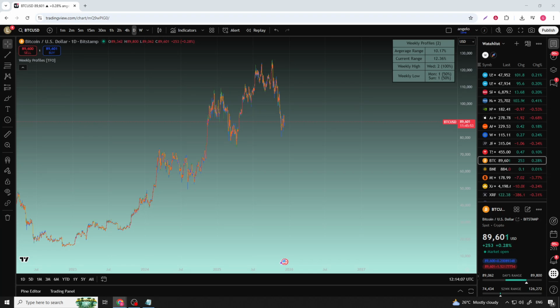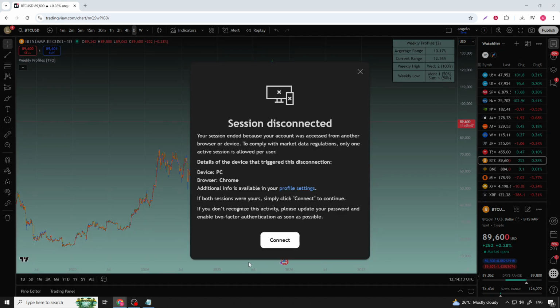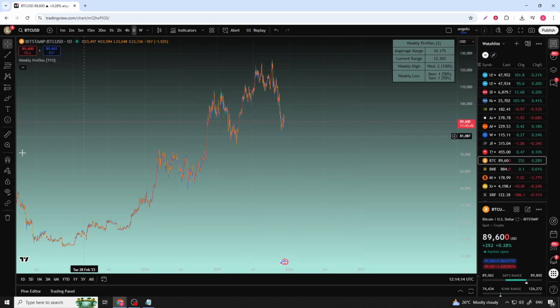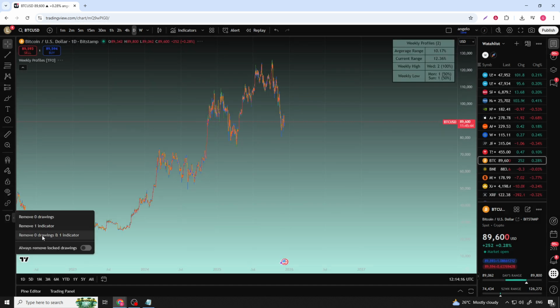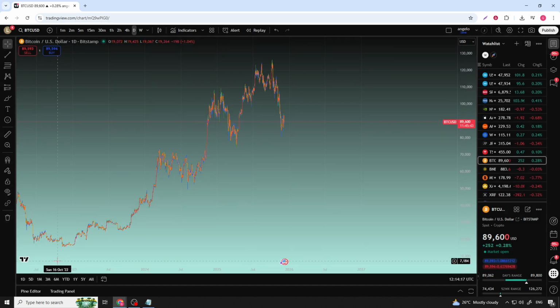In today's video, I'm going to teach you how to add weekly profiles in TradingView Pro. First, make sure you're logged into your TradingView Pro account and you have a chart open. Any market will work, so just pick the symbol you want to analyze and get it up on your screen. Once your chart is open and you can clearly see your candles, we're ready to start adding the weekly profile